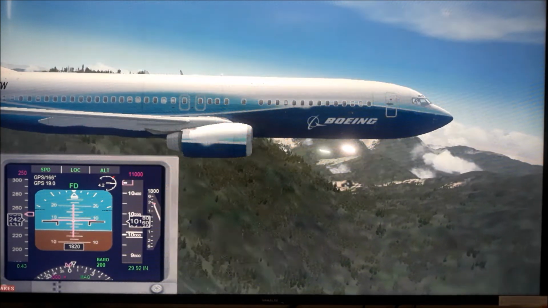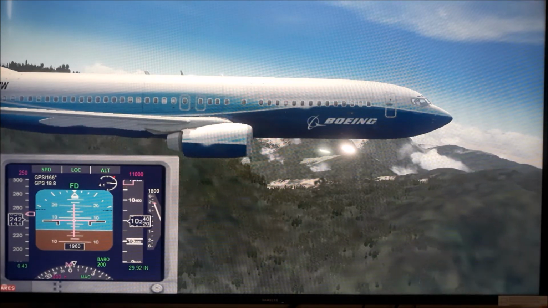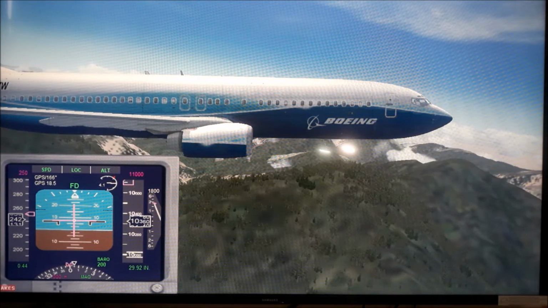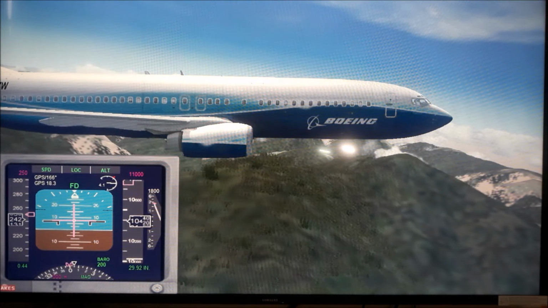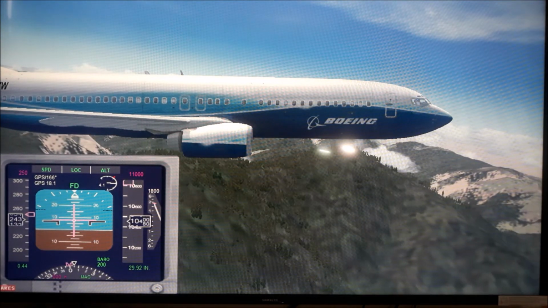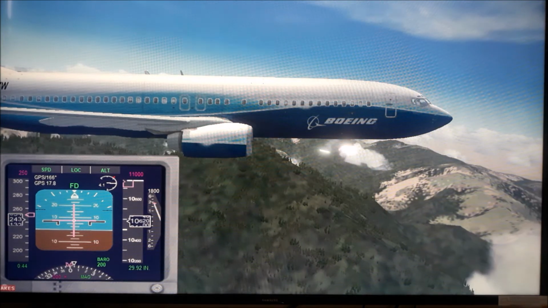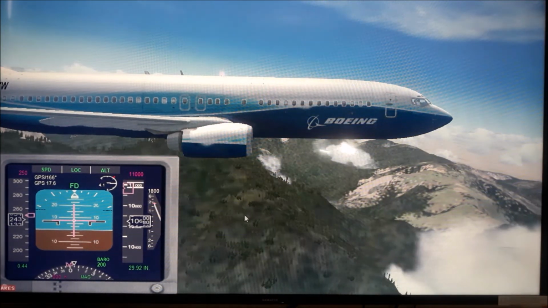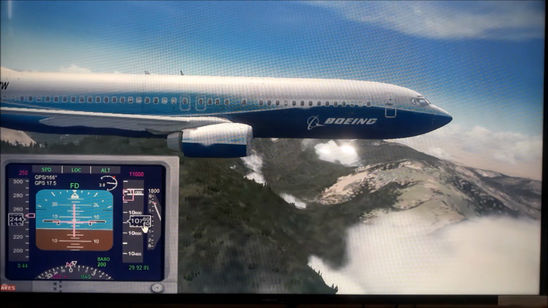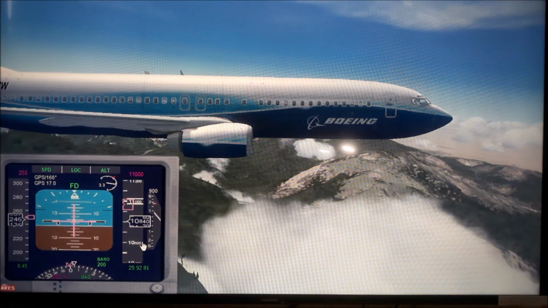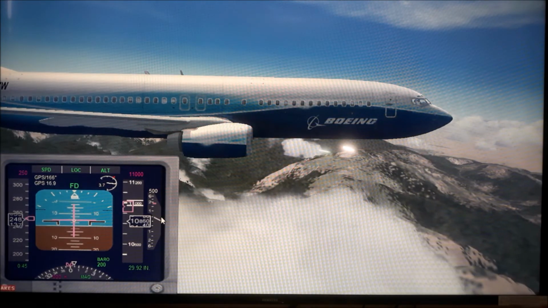So now it has climbed through the mountain range. You can see here it is now leveling off.